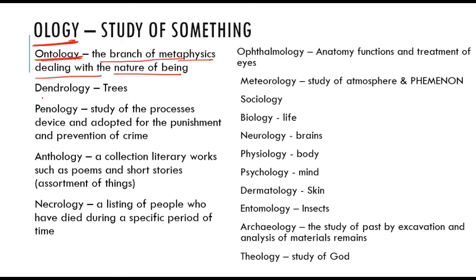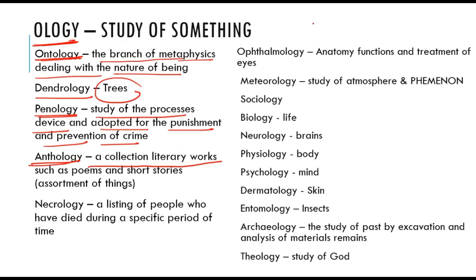Okay. Dendrology. Dendrology means study of trees. Penology. Penology means study of the processes devised and adopted for the punishment and prevention of crime. Okay. Anthology. Anthology actually means a collection of literary works. For example, everybody knows Shakespeare, right? So if you have a collection of all the dramas written by Shakespeare, then definitely it can be called